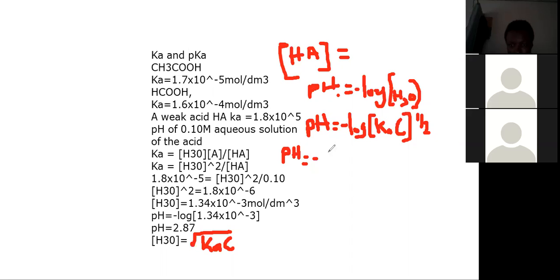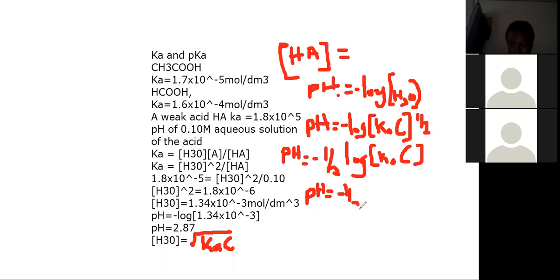So here we can get minus half log Ka C. But let's not forget that the Ka is multiplying the C. And in log, when they are multiplying, that means we add. So we can get our pH to be equal to, and the minus half is multiplying the whole of them, or they are all affected by the minus half. So what we are going to get is minus